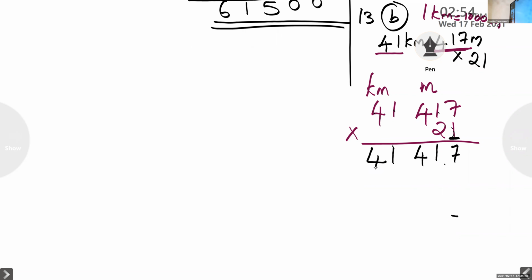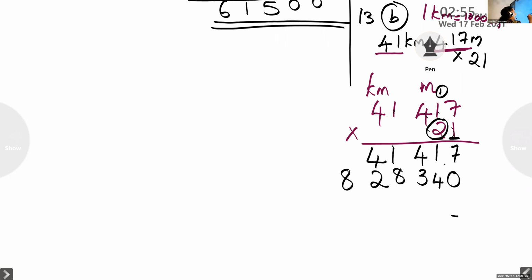So children, we multiplied with 1. Second row starts with 0. Okay, very good. Now we will start with 2. That is the number in the tens place. Okay, 2 into 7, 14. 7 twos are 14. 4 we will write here, 1 carry over. 1 into 2, 2 plus 1, 3. And then the next, 4 twos are 8. Then 2 into 1, 2. Okay, 4 twos are again 8.